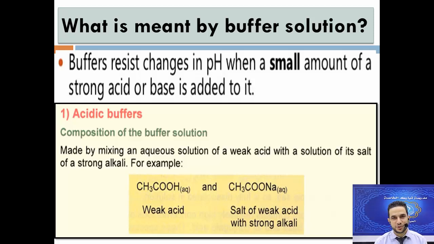Firstly, acidic buffers. What are acidic buffers? Acidic buffers are formed by mixing a weak acid and one of its salts. Again, weak acid and one of its salts. Weak acid like CH3COOH. How do I make its salt? I remove H and replace it by a metal from a strong alkali, like Na, like K, like Li. So I can make a buffer from a weak acid and one of its salts like CH3COOH and